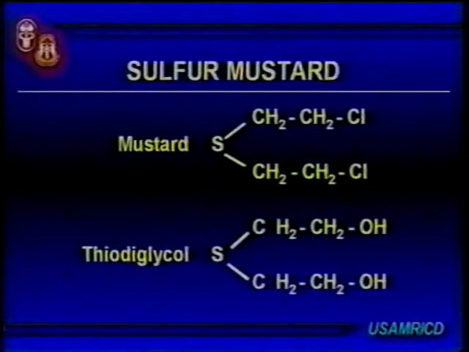And the only ones that are more complicated are the nerve agents. This substance down here is thiodiglycol. And you see the only difference between thiodiglycol and mustard is the chlorines on the end. Well, thiodiglycol is one of the major urinary metabolites when it has gone through a person or an animal. It also is the number one precursor to making mustard in the simplest process of manufacturing that I know.